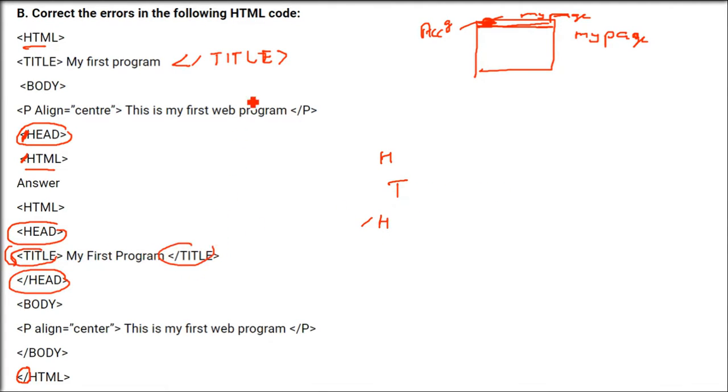So the title you have started or ended, as I suggested earlier. The title has to come in between the head tags. This is all about the heading part, and then the body. So you start the body, and the head, as I earlier said, has nothing to do here. The head will be ended prior to the body, and then inside the body you can write everything like a paragraph, etc.